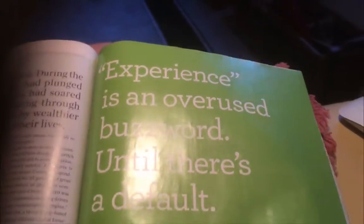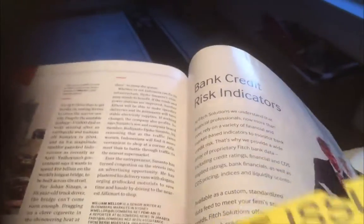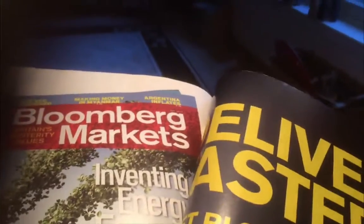This book here, our magazine, is again Bloomberg Markets, but get the date. Where's my date? This is a much older, oh, there we go. So you see here the date is June 2012. Now, this is the reason why I really like Bloomberg and the whole notion of what this magazine's about, Bloomberg Markets. I don't think they do this as much, but if you can get your hands onto